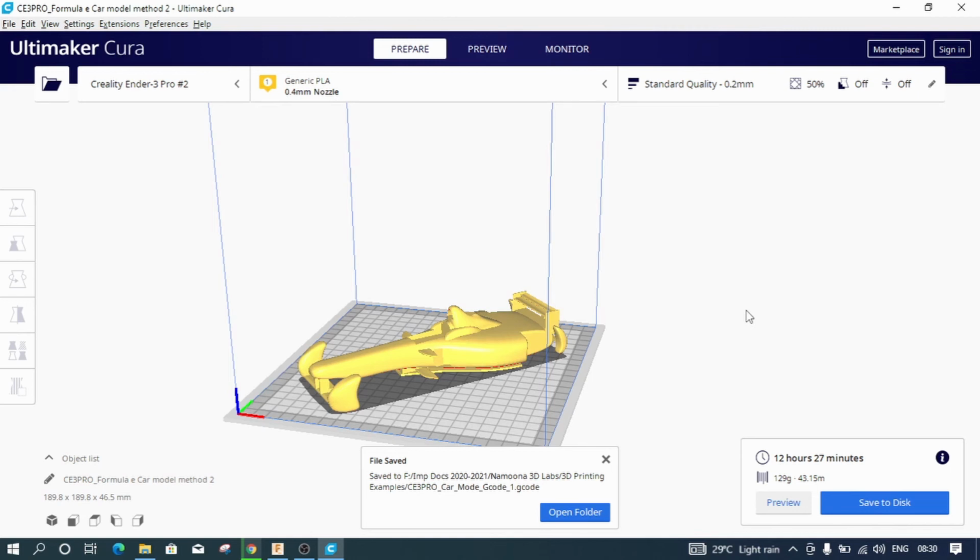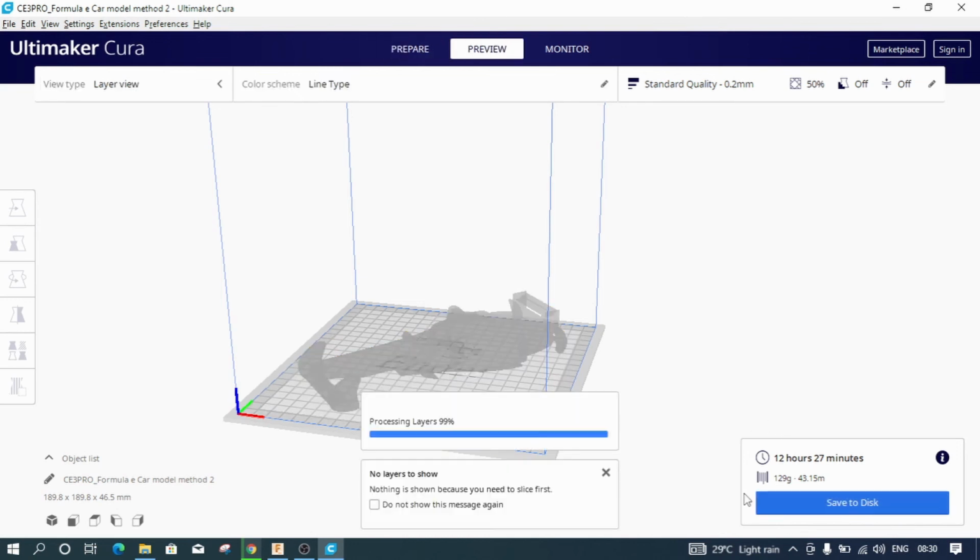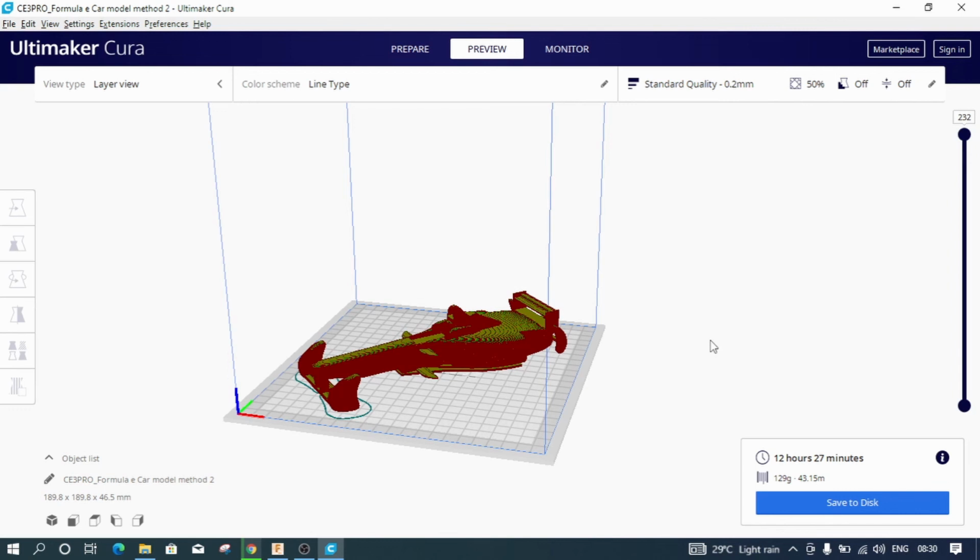Some 3D printers come with online versions where you can upload your files online. Some 3D printers come with a USB cable which needs to be connected to your laptop, and some 3D printers come with an SD card into which you need to insert this G code file. As I have saved it on my local computer and have not yet connected to my printer, I will not worry about print settings on my actual printer, but I will see how my model will be developed. For that, just click on the preview option.